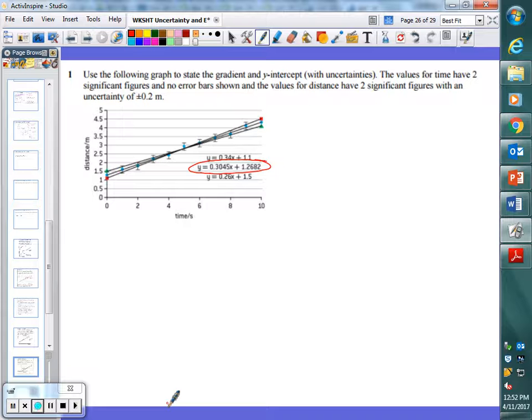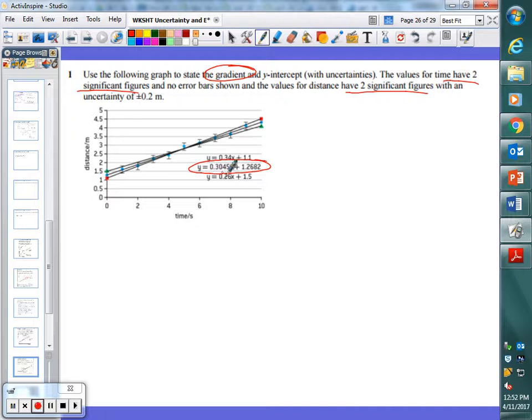The one thing they want us to do on this is to make sure that we take into account significant digits. Values for distance have 2 significant figures. The values for time have 2 significant figures. So if this is a distance versus time graph, what is the slope of this graph telling us? Speed, right? Because slope is rise over run, distance over time, that's a speed. So here, for the gradient of that graph, gradient's a fancy name for slope,